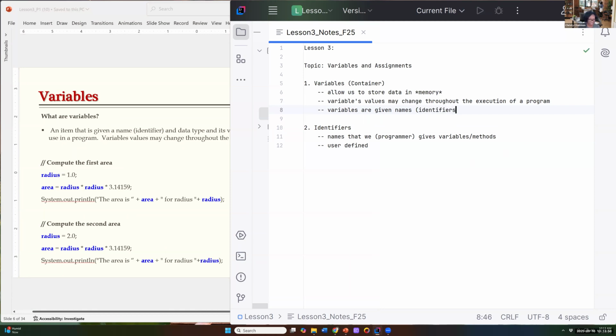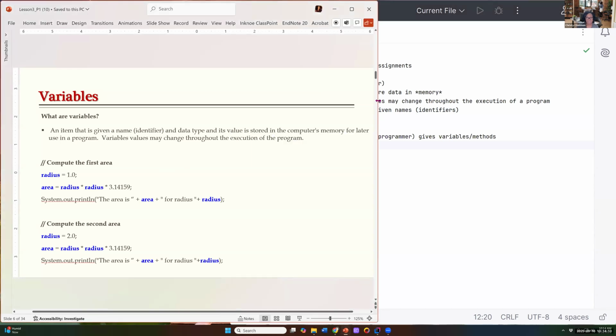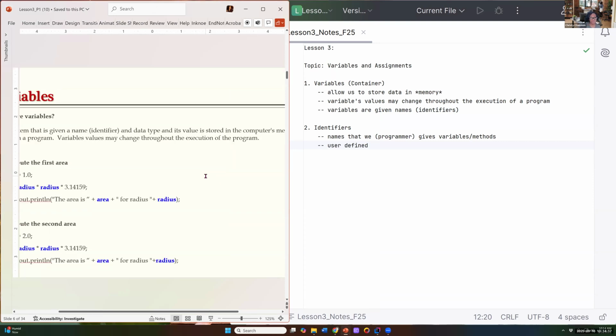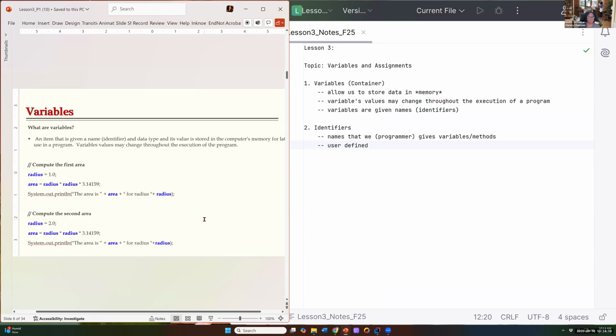Again, you don't have to write down everything I'm writing, but this is as if I'm writing it on the board, or if we were face-to-face. I wanted to highlight certain things that you need to be mindful of as we go through these concepts, okay? And so here, I'll try to make sure that you can see everything. And so when we look at variables,